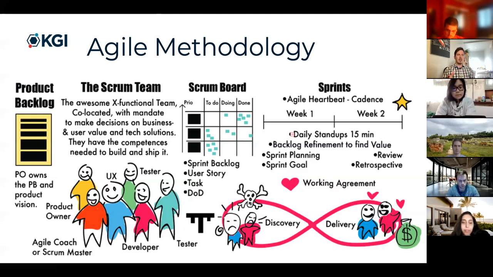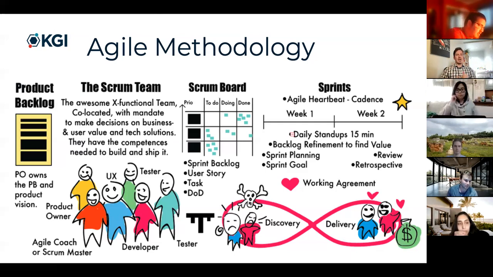So an iteration is accomplished by a Scrum team. I don't really know why they call it Scrum, but this is basically your small group that will accomplish the task that needs to be accomplished. And here they say, this is the awesome cross-functional team that is co-located. Oops, post-COVID, not really quite as possible. But the idea is that they're very close to each other. They understand each other. They're breathing down each other's necks. So however much you can do that on Zoom,